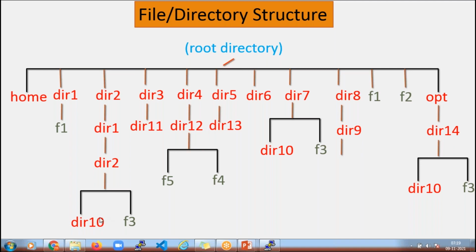So if I want to go to this dir10, first I need to go to the slash, under the slash go to dir2, under dir2 go to dir1, under dir1 go to dir2, under dir2 there is a dir10. That is called an absolute path. Any path that starts with the slash root directory is called an absolute path, and of course you must